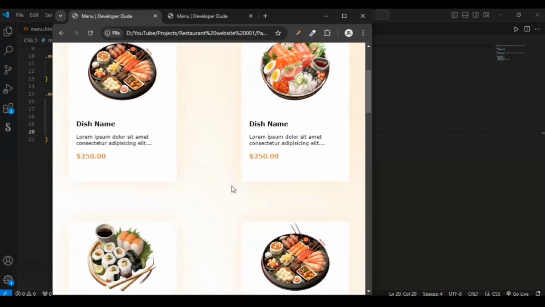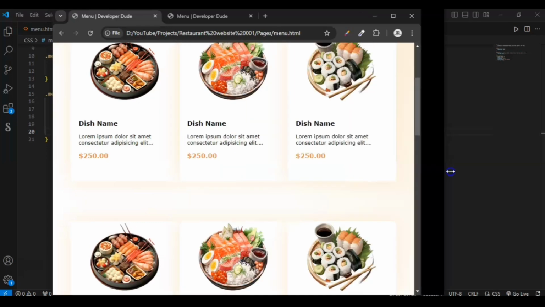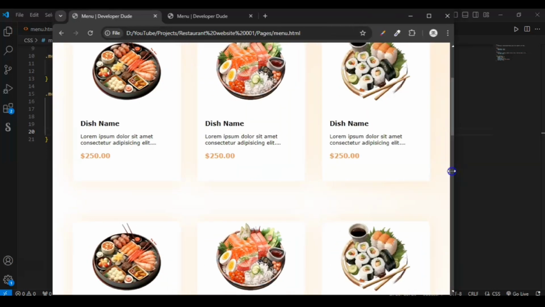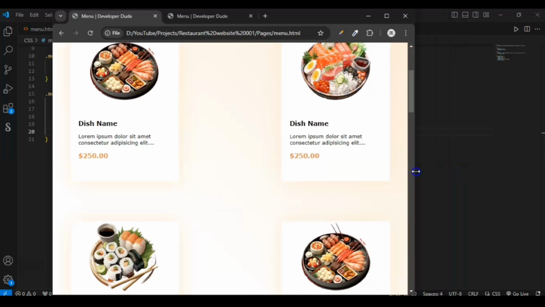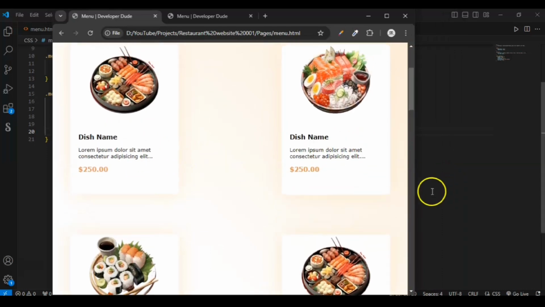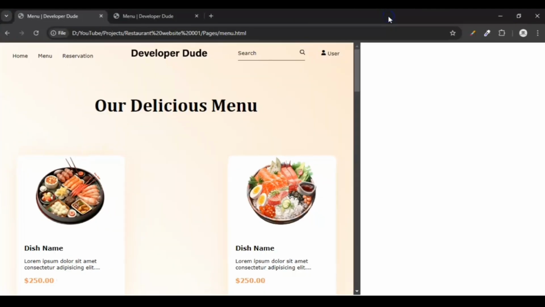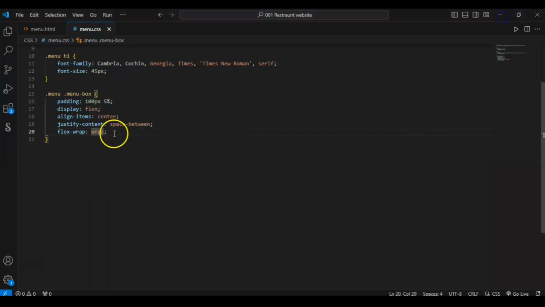Flex-wrap means if we go to a smaller screen size, it will change from 4 items to 3 items, 2 items. It will adjust automatically. So this is how flex-wrap works.